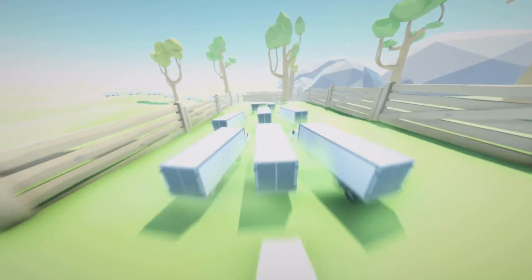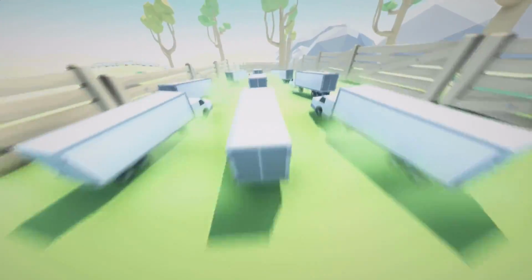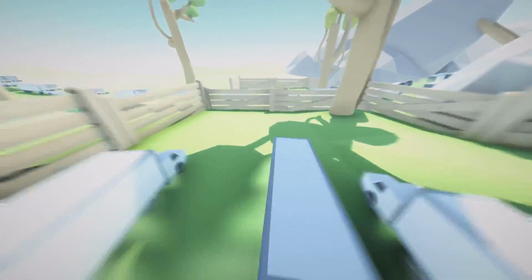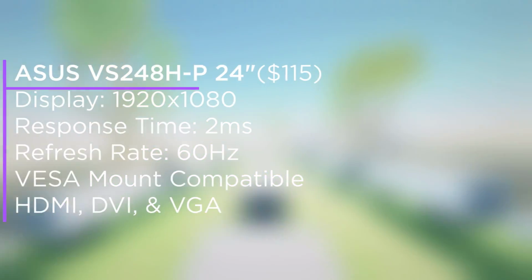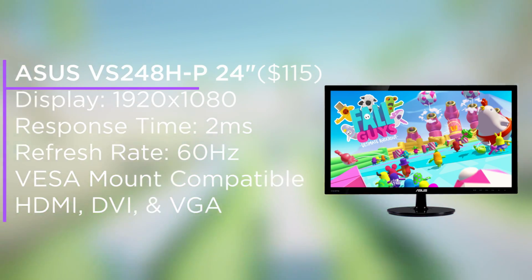Alright, first things first, we're going to need a good monitor because that's going to be our main display for the setup, but we gotta find one on a budget so we can fit in the PC for this build, which when it comes to monitors, I always recommend people to get one that's 24 inches or more, as that's the recommended size for most people getting one. So for this setup, I chose this 24-inch Asus monitor going for about $115,